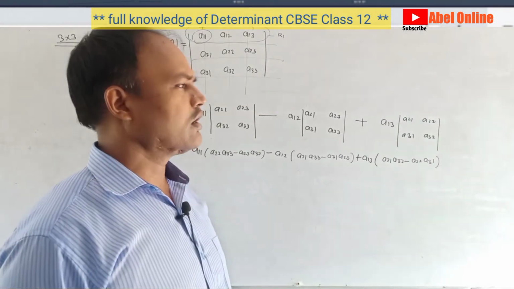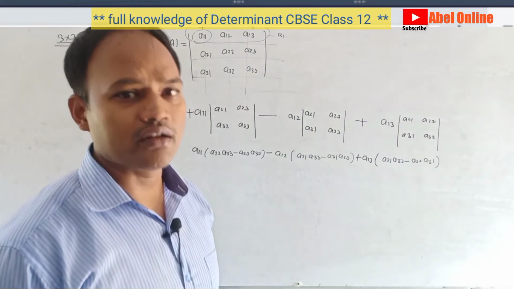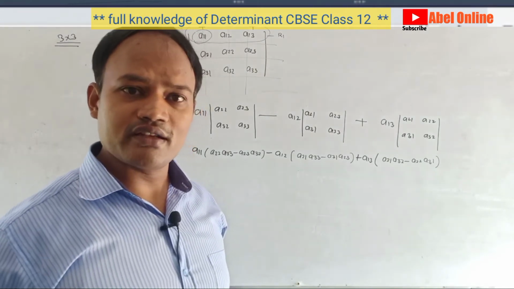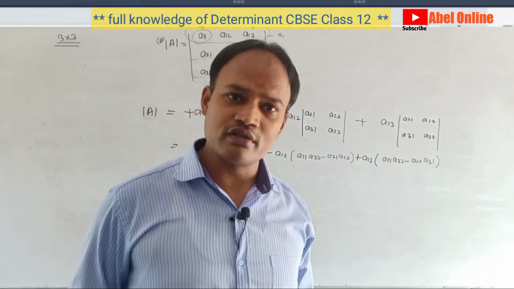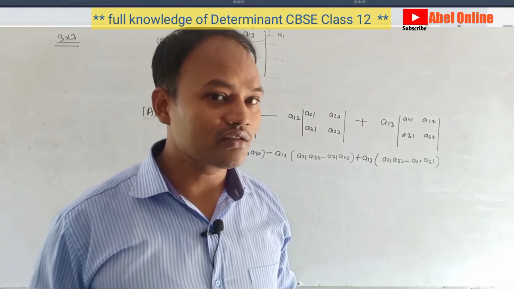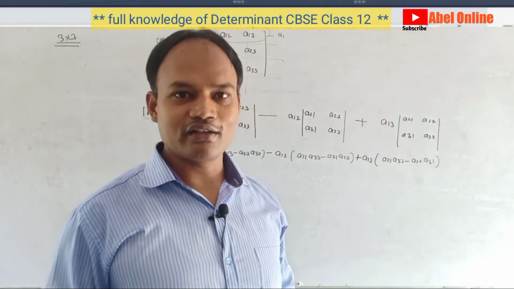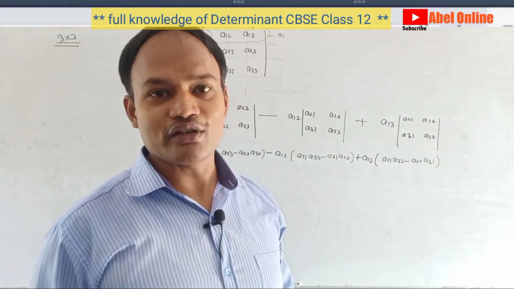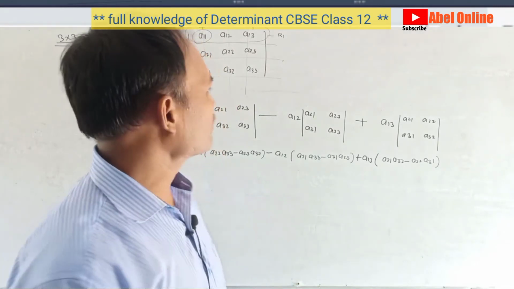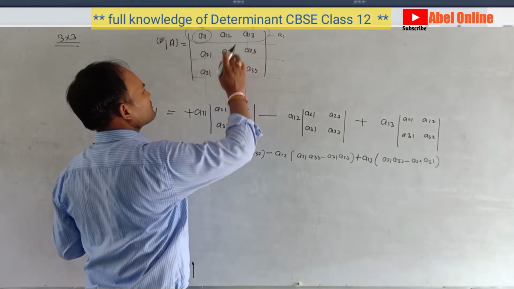So what about the remaining question, that is, can it be opened by the second row? Yeah, of course. Can it be opened by the third row? Yeah, of course. Can it be opened by the first column? Yeah, of course. By the second column? Yeah, of course. And by the third column? Yeah, of course. So what is the initial thought to open this? Always remember that here it is plus minus plus.